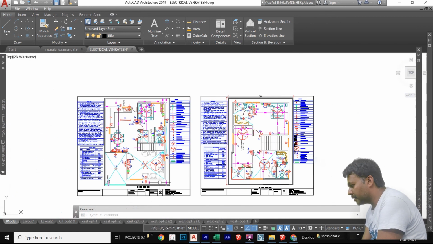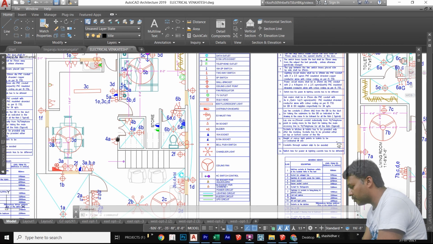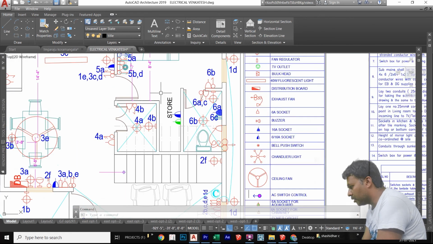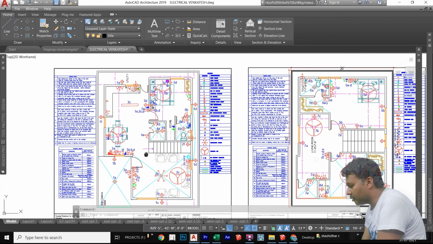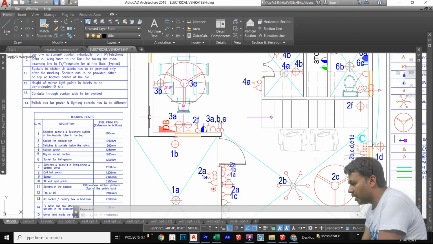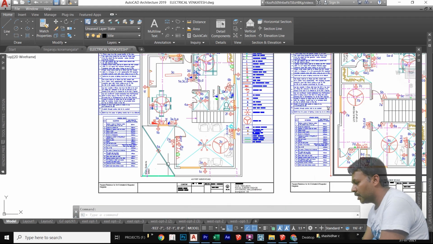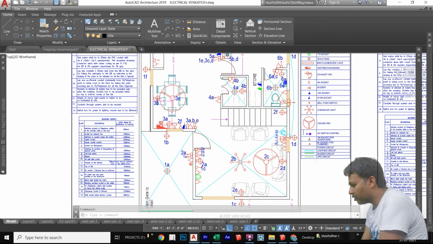Sorry, the UPS point for this entire floor I have given in the small storage hole, in the bedroom, a small store. In the small storage I have given the UPS controls. This is the DB box, and from the DB box I am providing the meter box here, so that we can use minimum wire, and it does not disturb the elevation. This is the right position for the meter box.